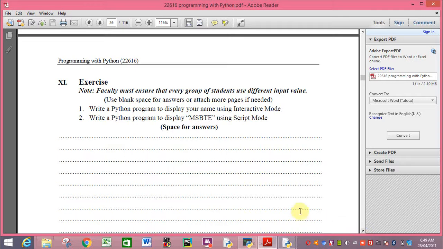These are the exercise questions. Write a Python program to display your name using interactive mode. Write a Python program to display MSBT using script mode.